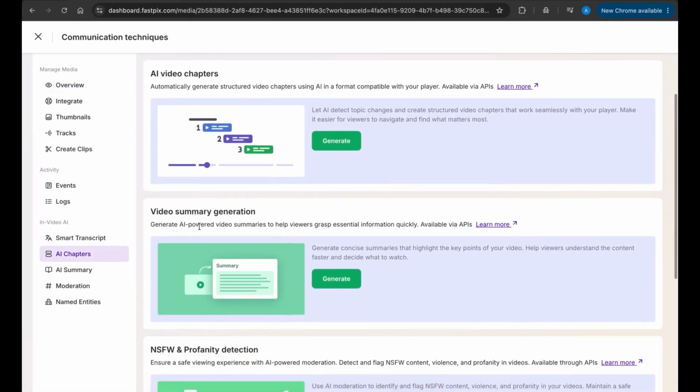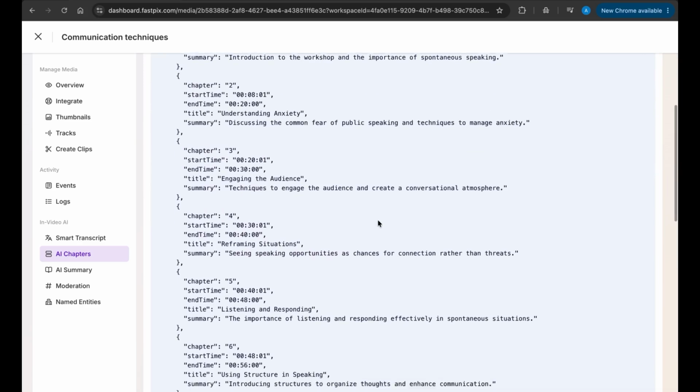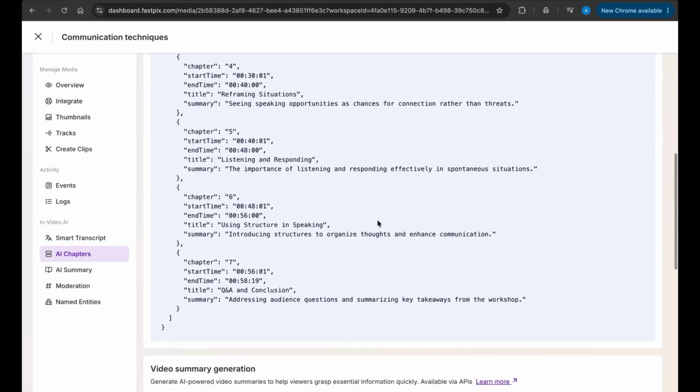Behind the scenes, AI is processing your transcript, detecting topic changes, and building structured chapter markers. A webhook fires the moment they're ready. No polling, no waiting, just wire it into your job queue. Two ways to generate chapters, zero scrubbing.